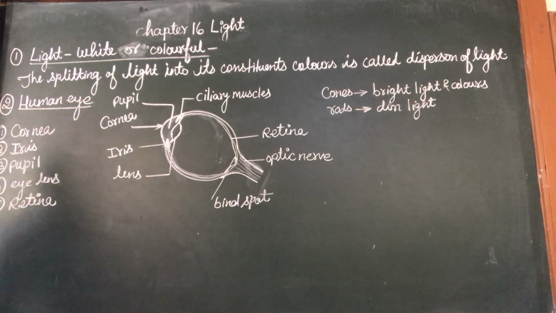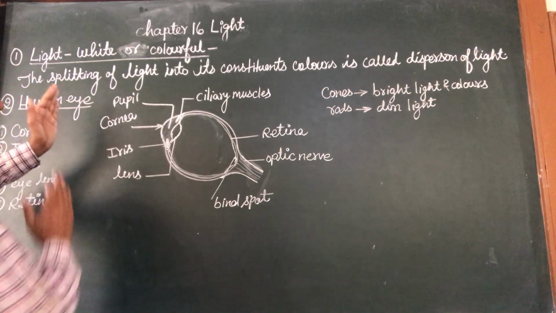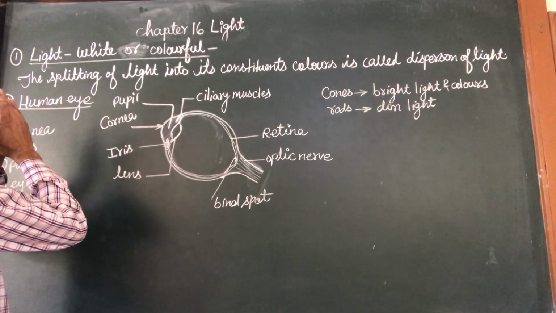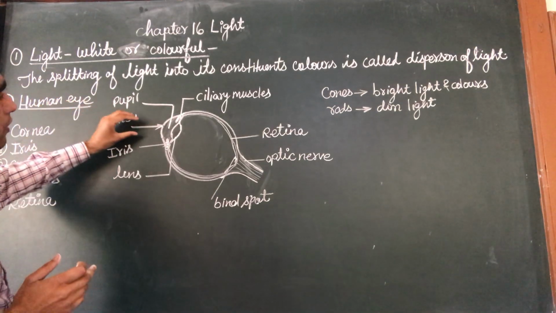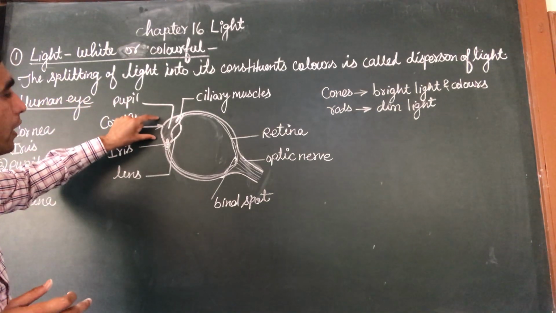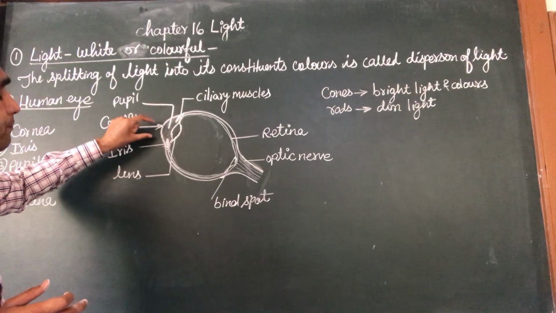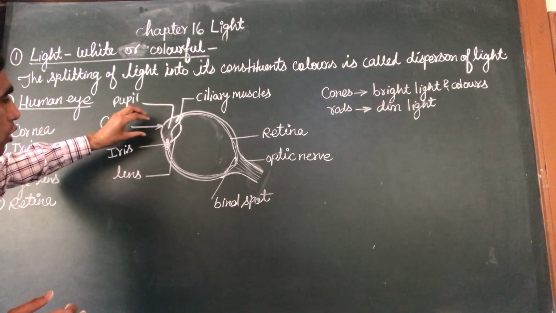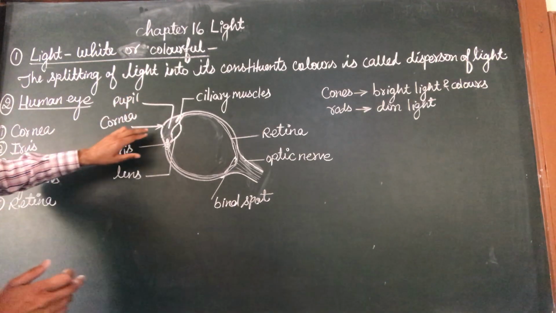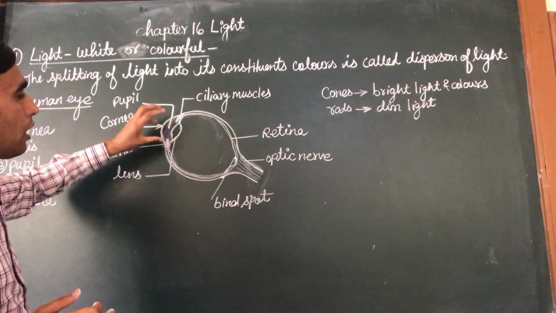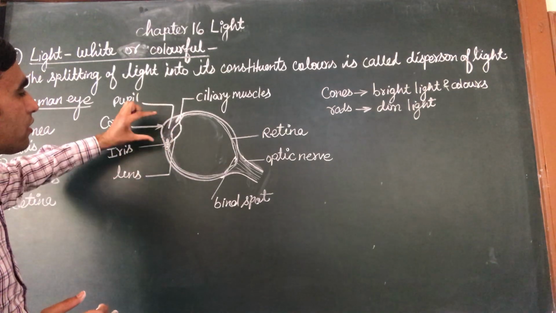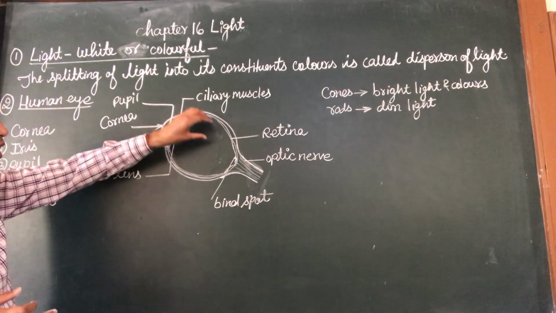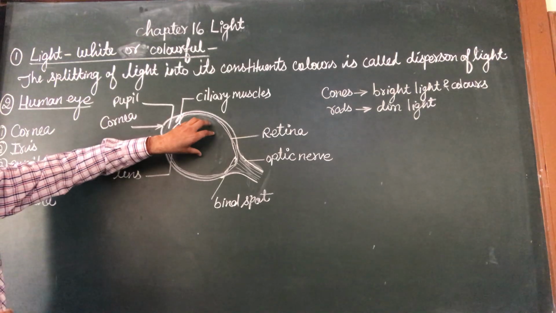Now, the working of the human eye. We know that light coming from a light source, or light reflected from any source, enters the eyes through the cornea. This is the outermost part. Through the cornea, there is a liquid between it and the eye lens, known as aqueous humor, and through this aqueous humor the light falls on the eye lens, which is convex in nature. This eye lens focuses the light on the retina, and on the retina it forms a real and inverted image